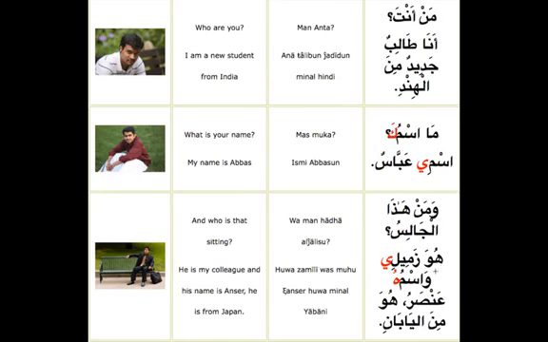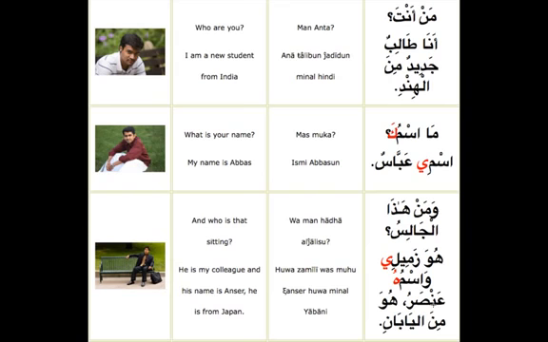You say huwa zamili. Zamil means colleague who works with you in your office, in your school, wherever. So it's called co-worker. It's called zamil. When you say zamili, when you attach a ya, that means my colleague. So translate, he is my colleague. Wasmuhu, and his name